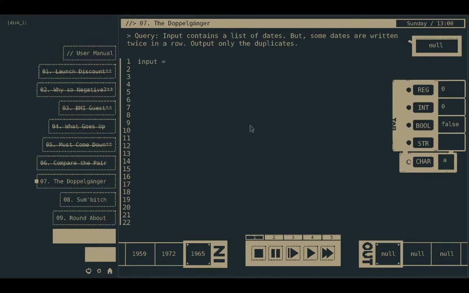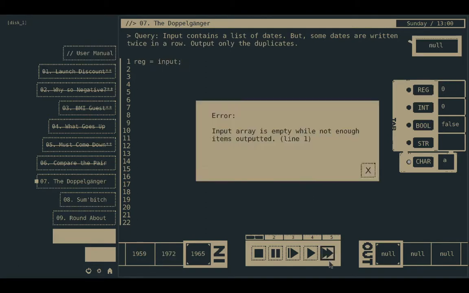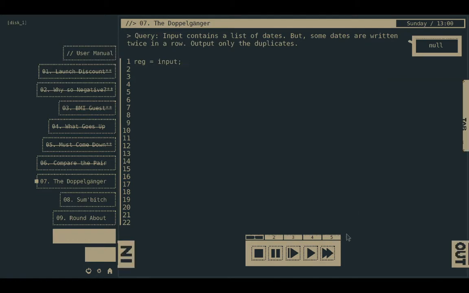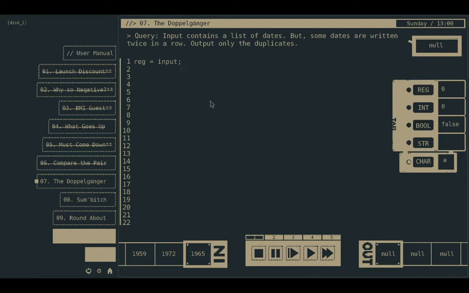Reg equals input. How do I? No way to see the expected output. So I think I want to do that first. Okay, so the first one's a special case, so I'll copy that one. So I now have something in reg. So now every time I want to say